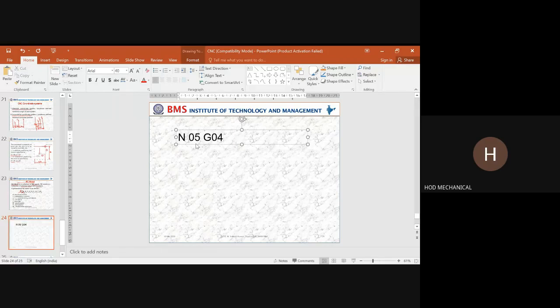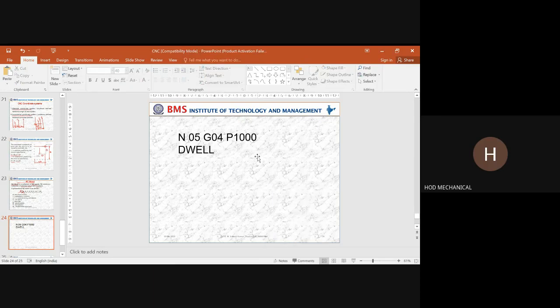G04 indicates a dwell command. What do you mean by dwell? Followed by G04, I am going to say P followed by 1000. What is 1000? This is in terms of microns, remember. The value 1000 whatever I am saying is going to be in terms of microns.